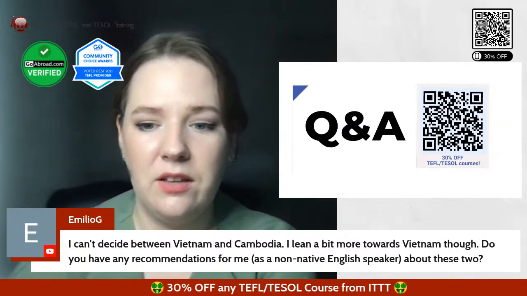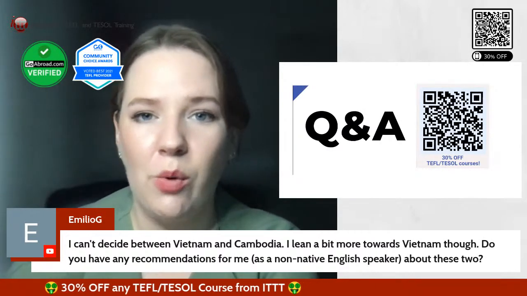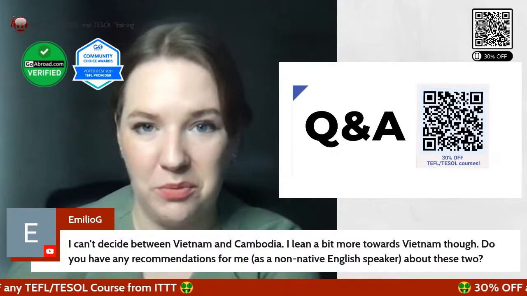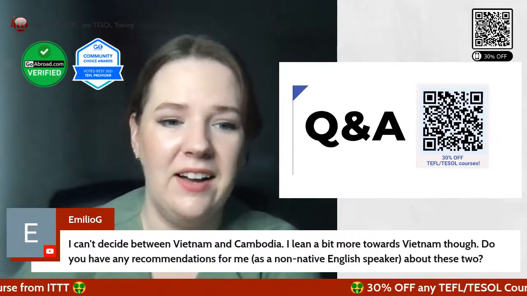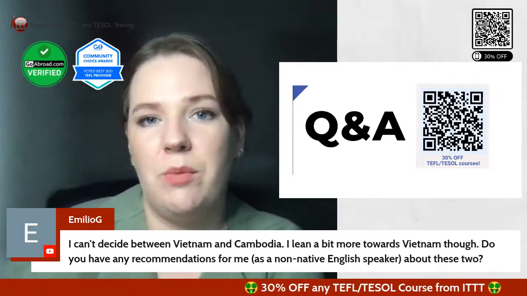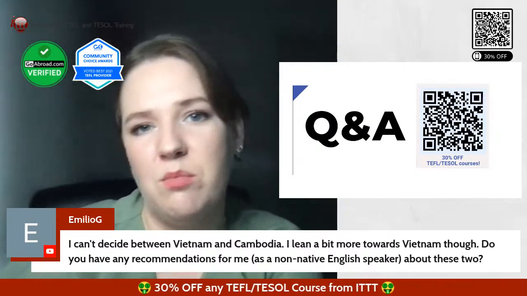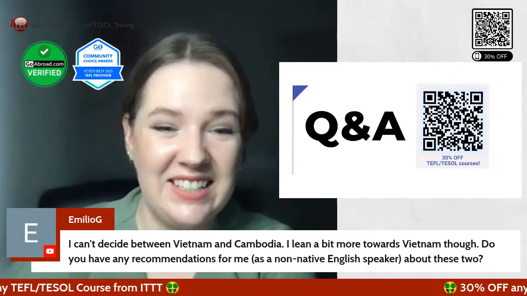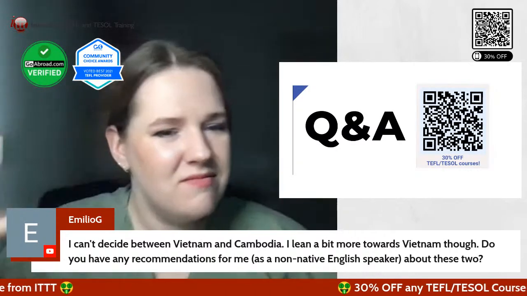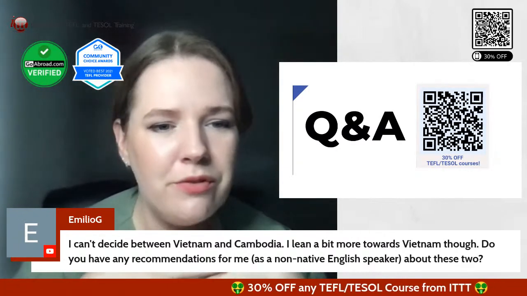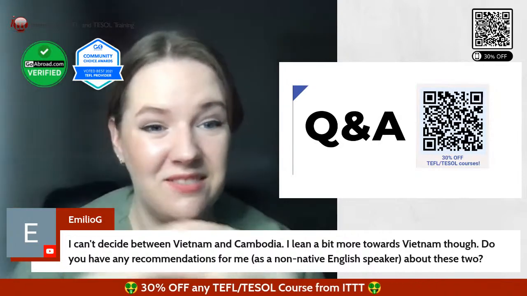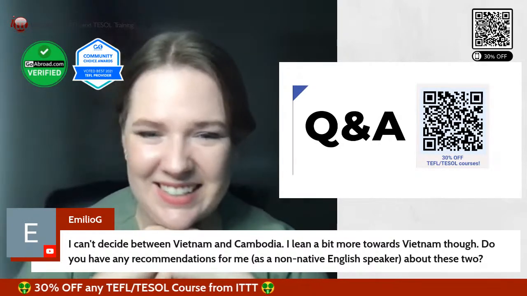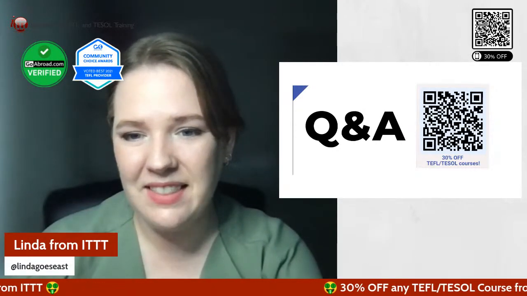So yeah, I think very similar, and you can always just move to the other place once you're already in that area. If you live in Vietnam, you can just take a trip over to Cambodia and say, oh, I actually like this more, and then move over there. Don't overthink it. Just go with your gut and just do it. Just make the move, and then if you don't like it, you can just move to the other country. It's fine. You'll never know until you try. That would be my advice.